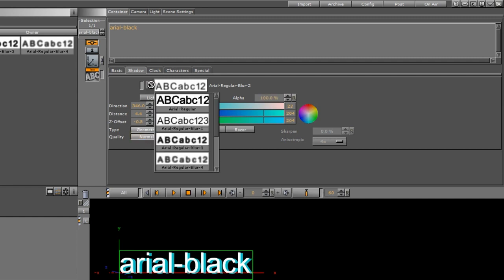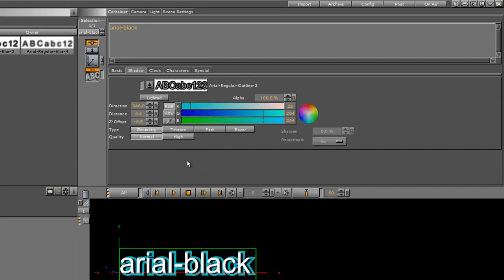So the shadow doesn't just have to be limited to these blurred fonts. We can also use one of the outlines as a shadow too. So we change it here to outline 3, and again we have the same options that we can